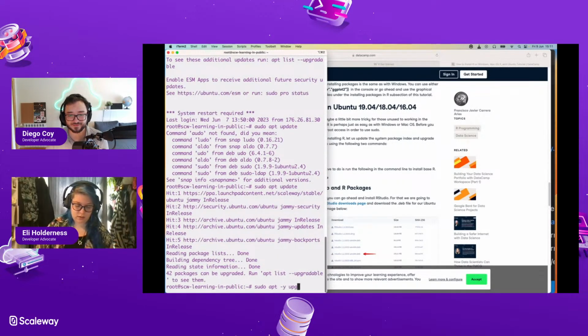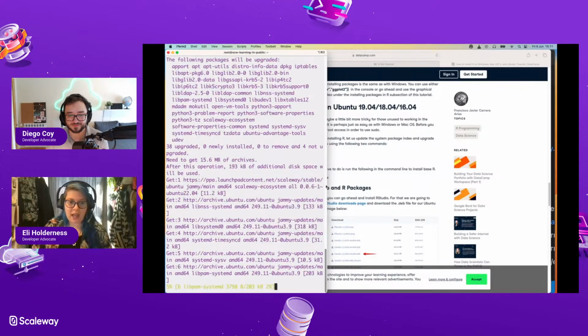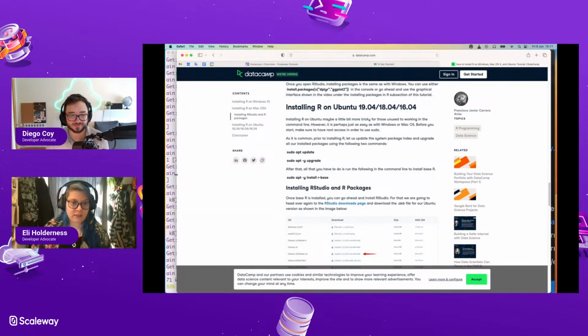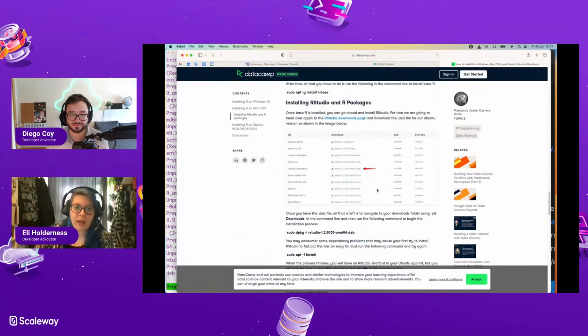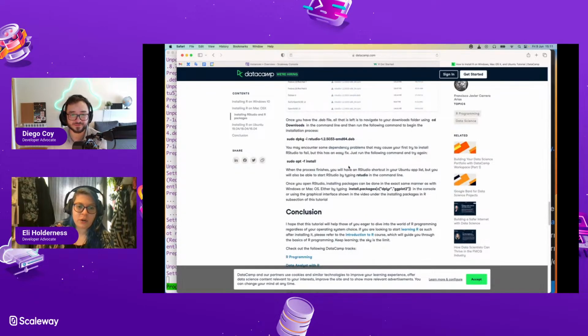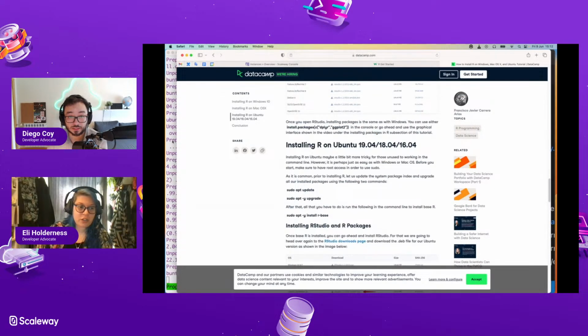And then it's install r-base. From there, you can install RStudio. But I don't know if I need RStudio, because that's just an IDE and I want to just be writing R code directly into VS Code, I think. So I don't need RStudio.